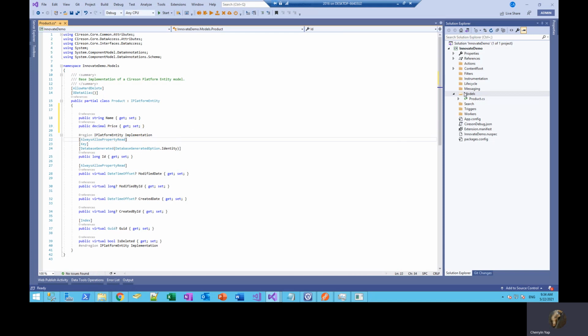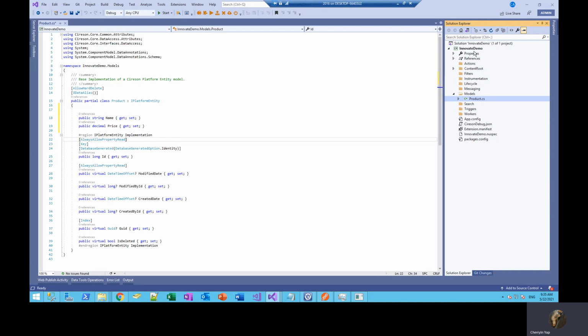Again, there are so many more things you can do in here. You could add in your bound and unbound actions under the actions folder. You could add in your filter attributes at the filters folder, or you could add in triggers and workers, background workers, at the specified folders. But for this demo purpose, due to time constraints, we're just going to go over creating a simple class and then consuming that class onto the portal.